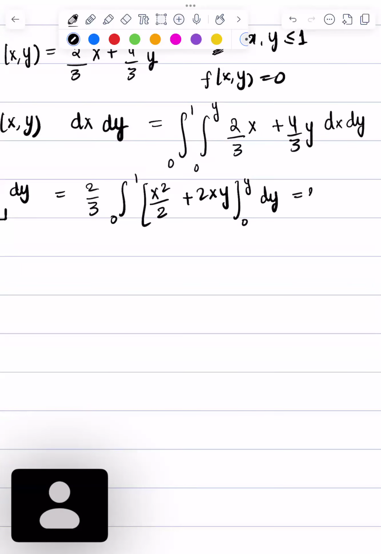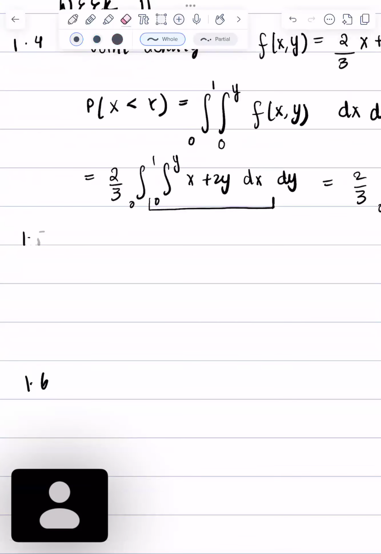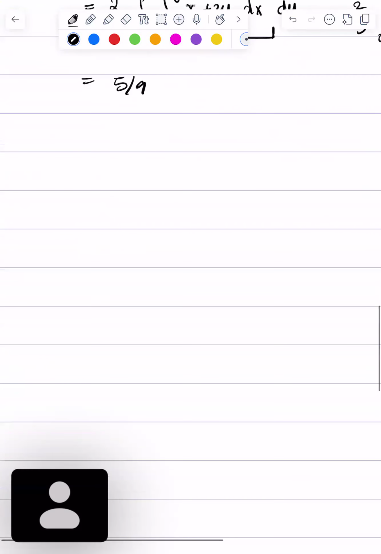And we solve in terms of y, and we get 5 over y. For 1.5,